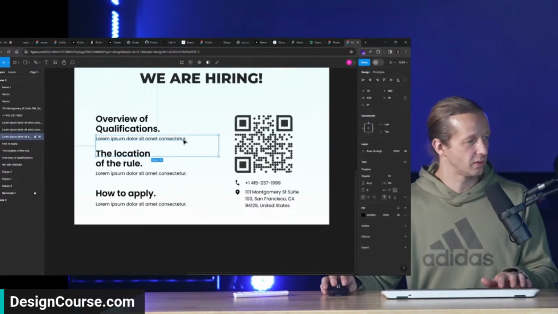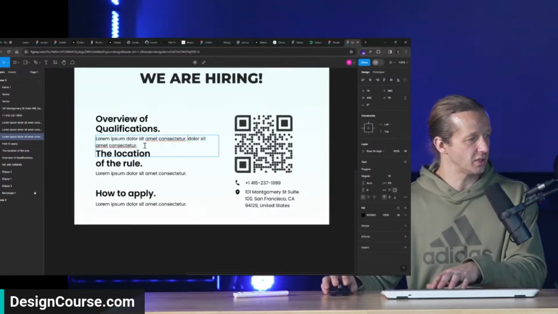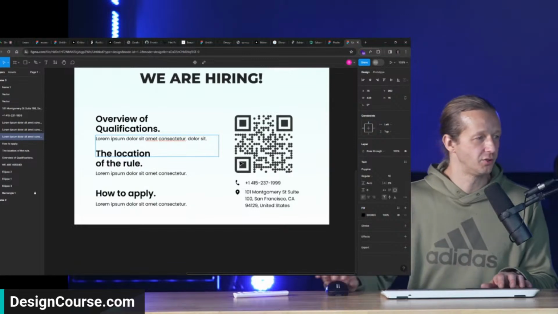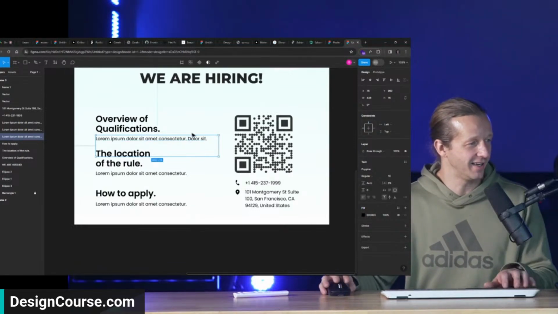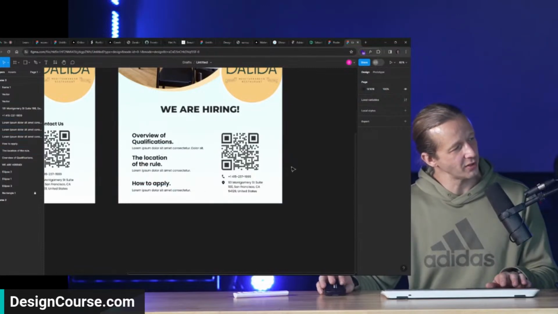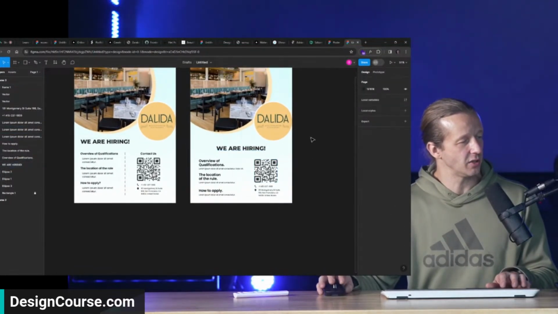So maybe just one line of type. Dolor sit, whatever that means. There. And it would be filled out more with different type. I think that's a better approach. Small change, no big deal.